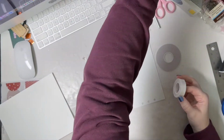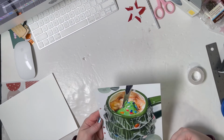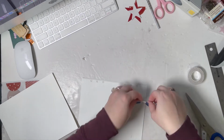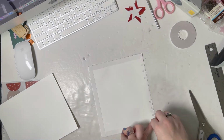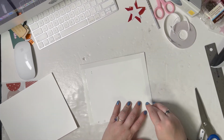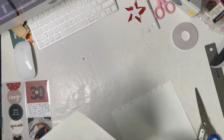So once I was done trimming that out, I just added some double-sided sticky tape all around the outside. I did the 1/8 inch, and I did realize, I don't know if you can see there, the holes got really crooked when I did the punch from the previous day. So what I did is I just worked my adhesive around it. I did 1/2 inch around the outsides, 1/8 near the holes, and then I'm going to repunch this